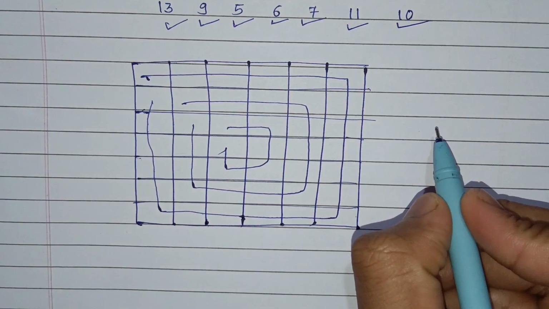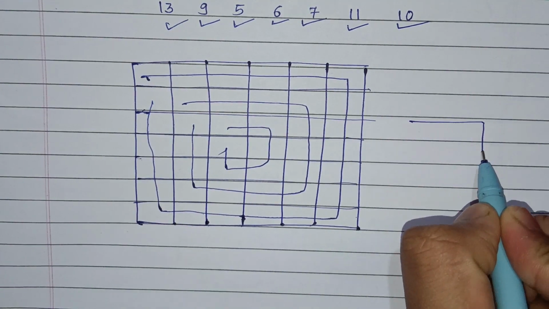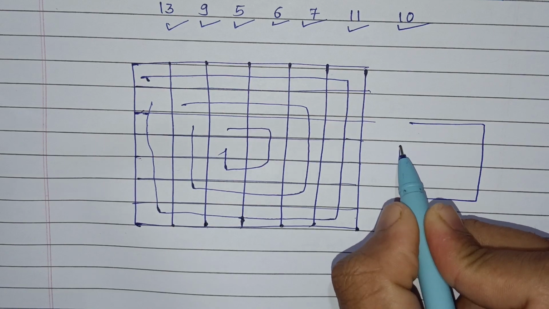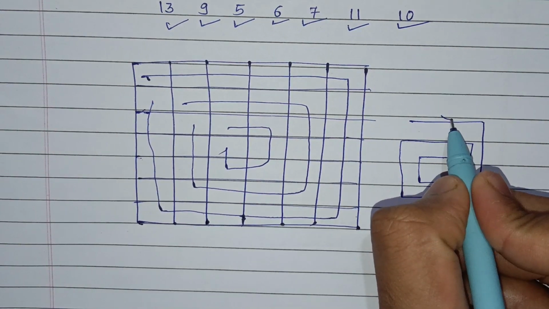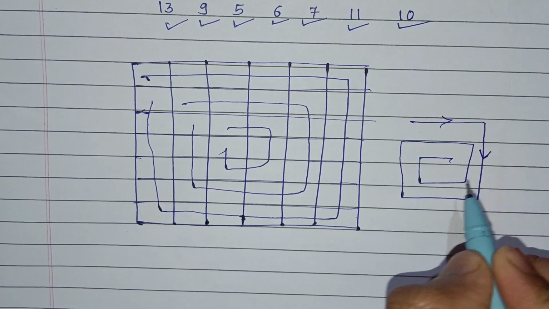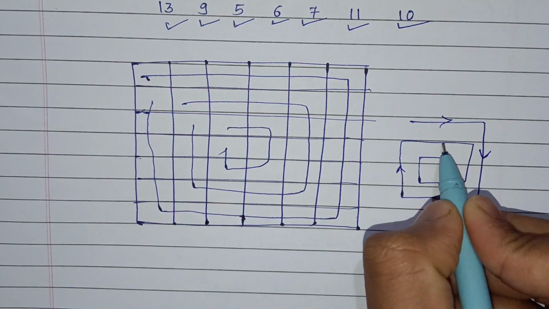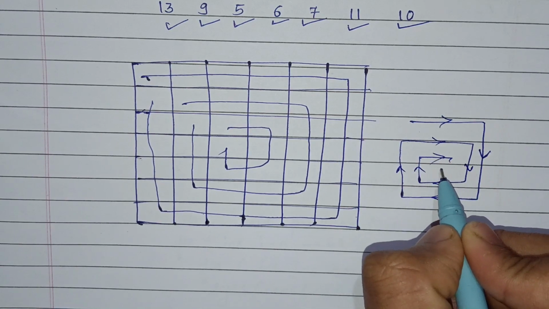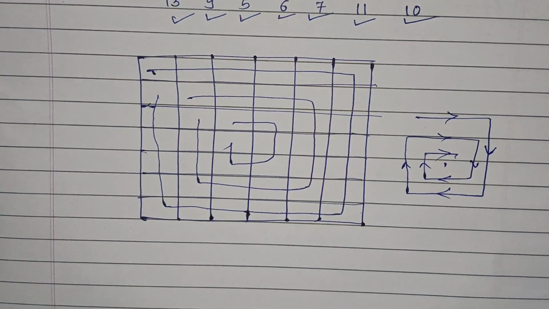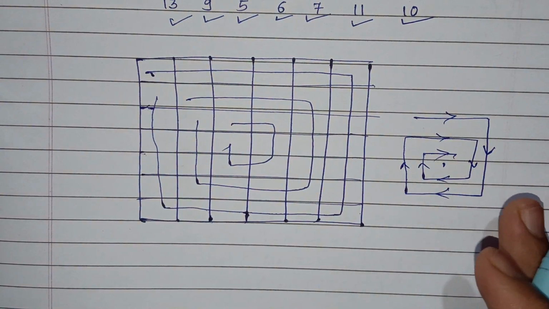Okay, some kind of this format we have to print the elements. So direction will be this way. Okay, so in this format the elements will be